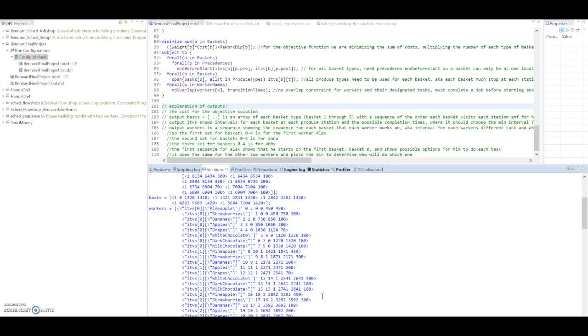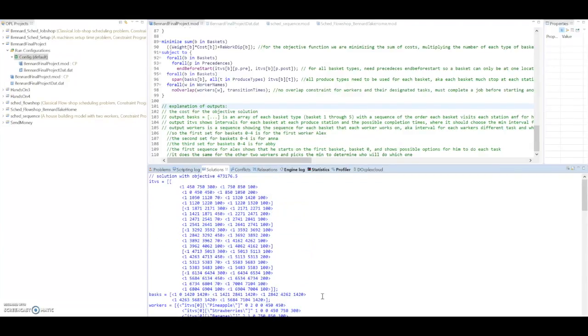These sequences are used to select the minimum by taking the sequences with the best times for each worker to make sure all needed tasks are completed by a worker for each basket. Finally, the most important output is the objective function value. This determines that the minimum supply chain cost for the cost of all supplies for 5 baskets during the month of February is